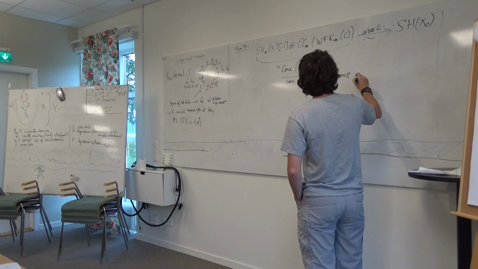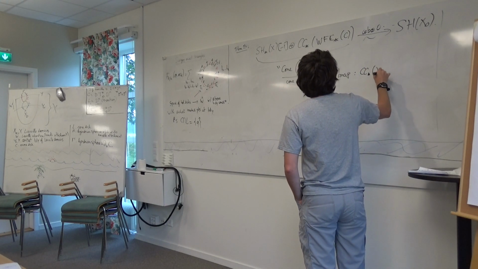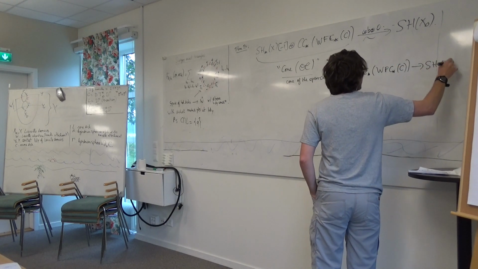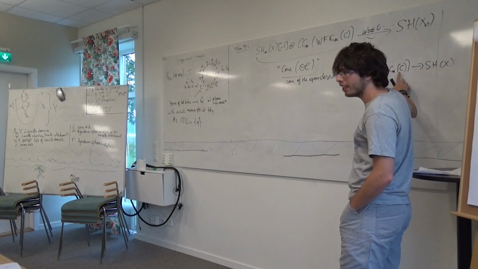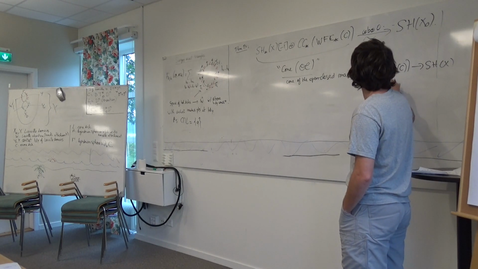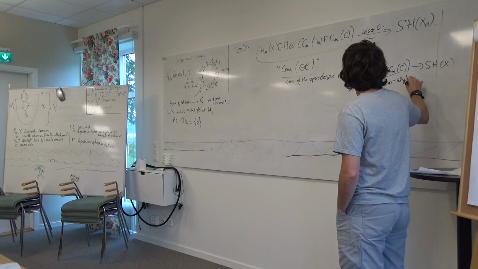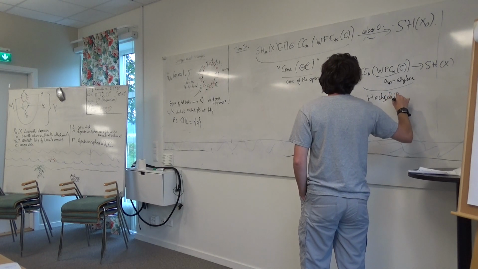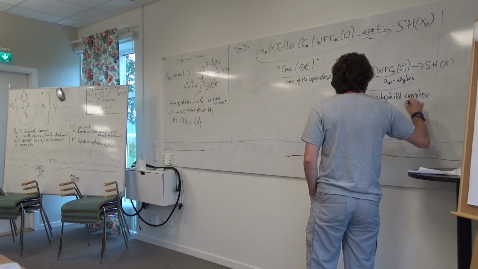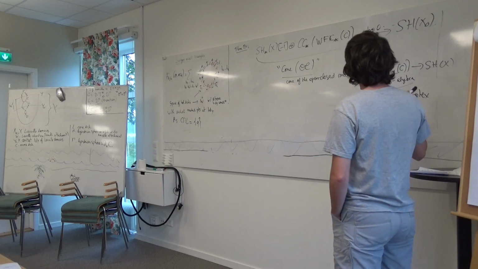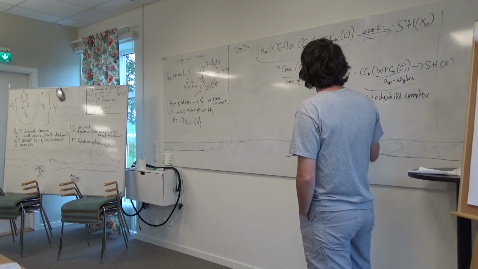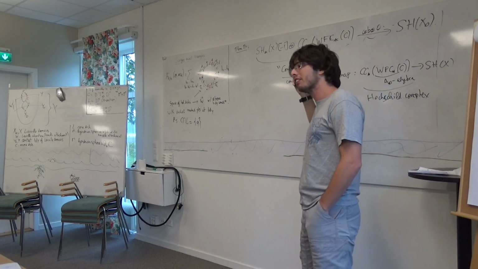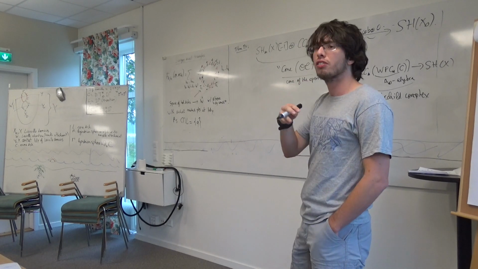So the cone of the open-closed map that goes from CC star of, and I will say a little more, to SH of X. This is the wrapped Floer complex of C, and it's an infinity algebra. And this is the Hochschild complex. So, one word about the Hochschild complex. I used to be afraid of the Hochschild complex, but actually it's pretty nice, because when you take the Floer homology of an infinity algebra, you only care about the mu1.